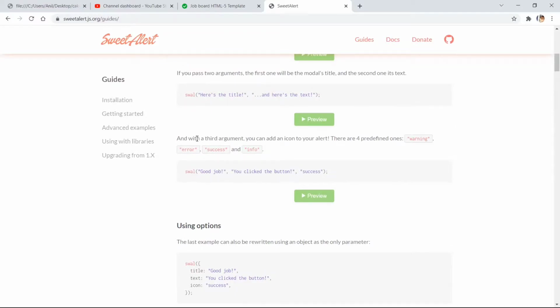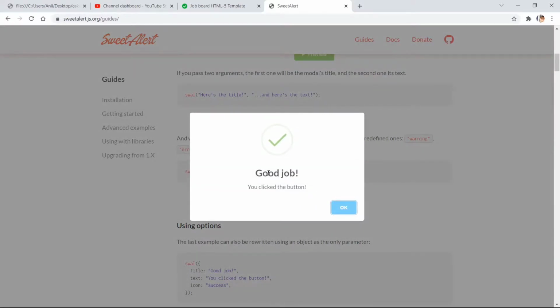And the main thing here is that this sweet alert consists of four types, for displaying messages for warning, error, success, and info. These four things we can display in this sweet alert. Okay, the first one given here is for success. Let's click on it. It will look like this.